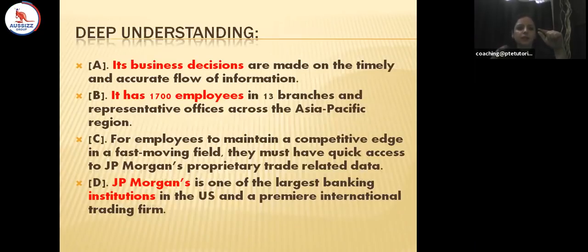See, it's business decisions. The next reorder is starting with this line. It means the proper personal pronoun. I cannot use this word as it is. I cannot open my sentence with it first. Next, again, it is saying it. Again, I cannot use anything because something is already there. Then I can write this line as it has 1700. A competitive edge in a fast moving field. They're talking about